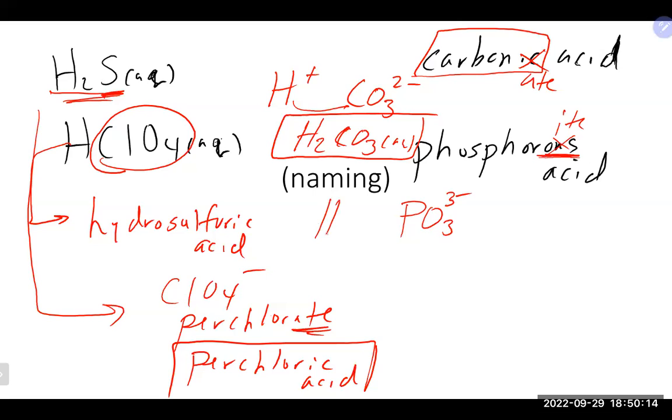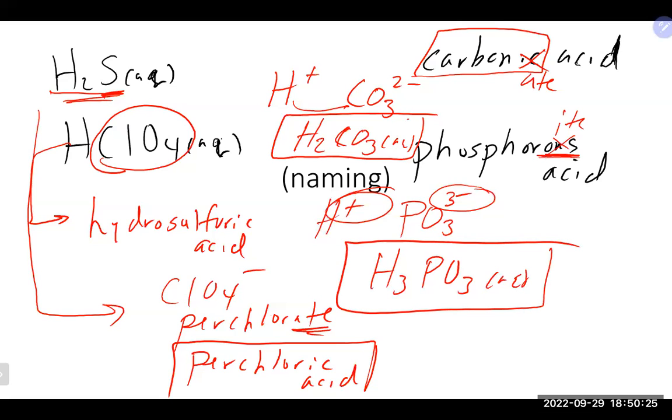And once again, our H plus here. So we need 3 of those guys to balance it out. H3PO3. We should write the aqueous symbol next to it when we're writing formulas for acids to indicate that they are acids. Any questions on how